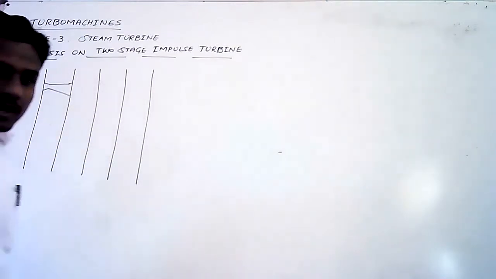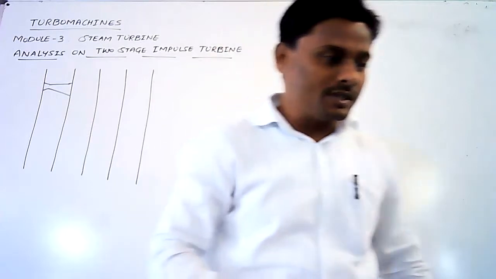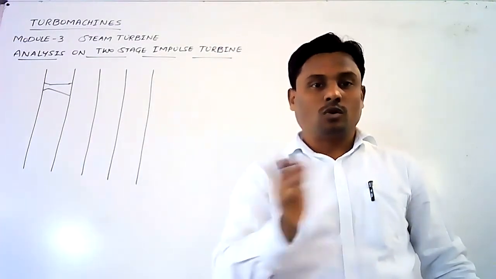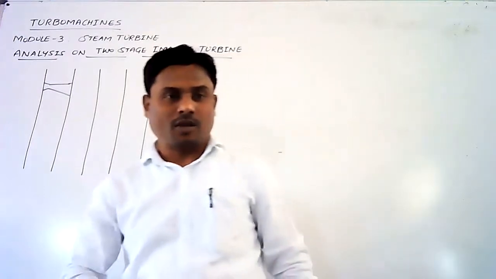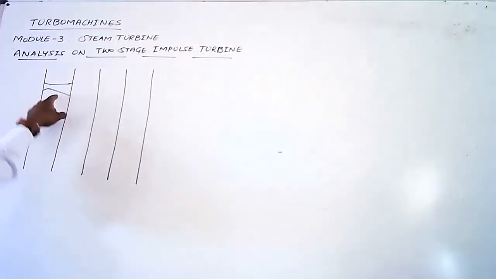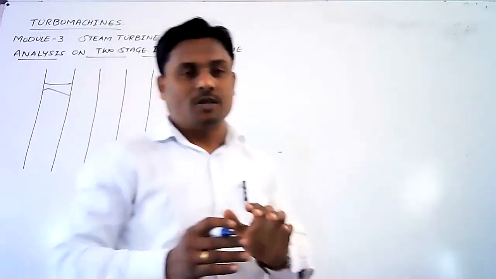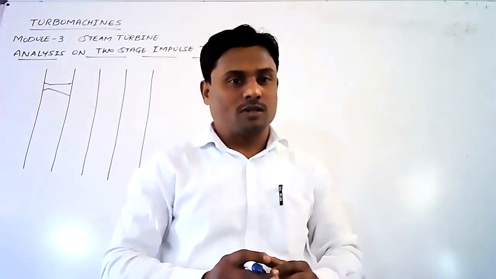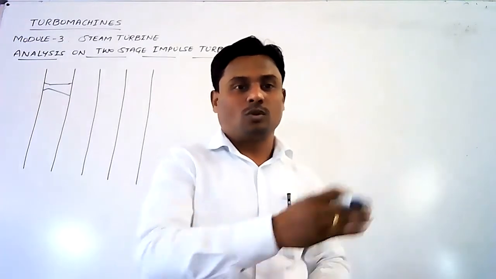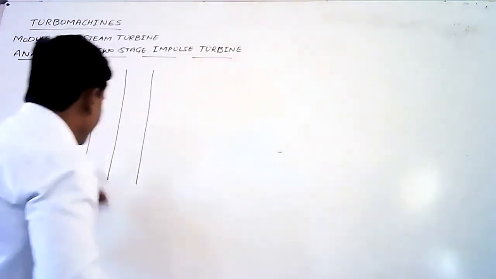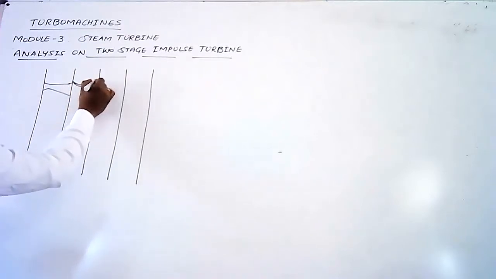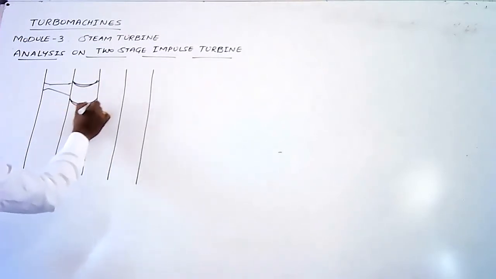The nozzle is a device which converts the high pressure, high temperature superheated steam to a high velocity jet. Due to the drop in enthalpy at the nozzle, the high velocity jet comes out from the nozzle. That high kinetic energy steam can be used to run the rotor. Immediately after the row of nozzles, we have the set of moving blades. These are the moving blades here.